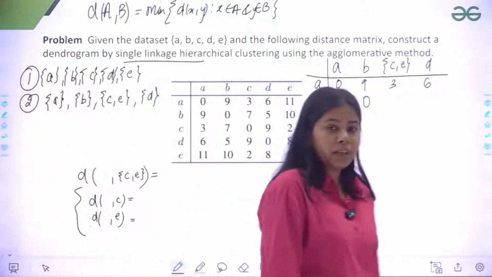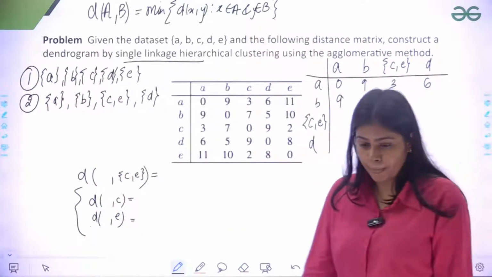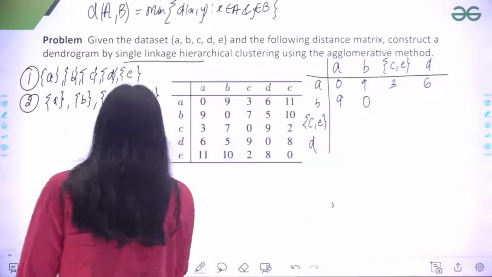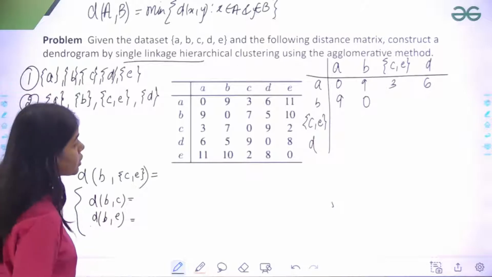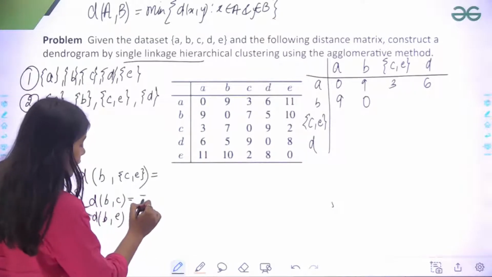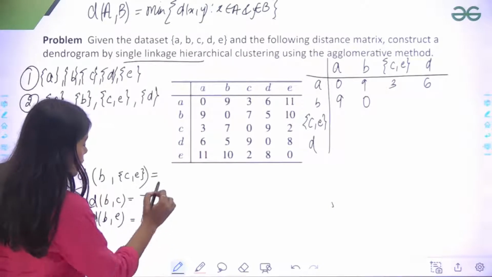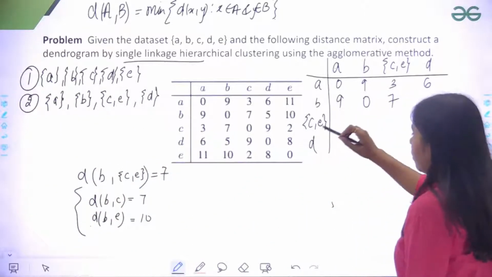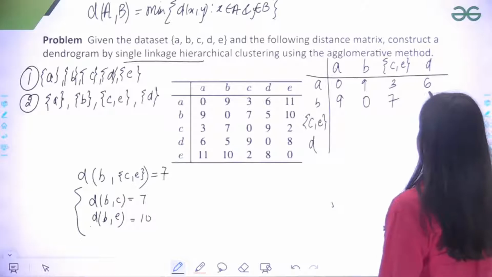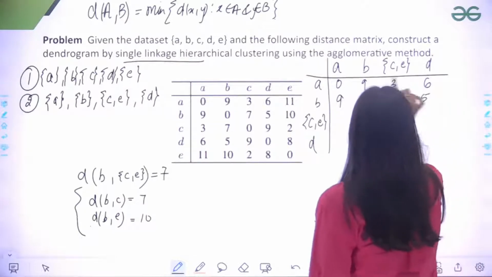Distance of point B with the cluster C comma E. Okay, Shalini is saying that it is 7. So I'll write down distance of B comma C. Distance of B comma C is 7 and distance of B comma E is 10. So I'll take the minimum distance, so that would be 10. And then distance of B comma D is 5, right? And I'll write down this as